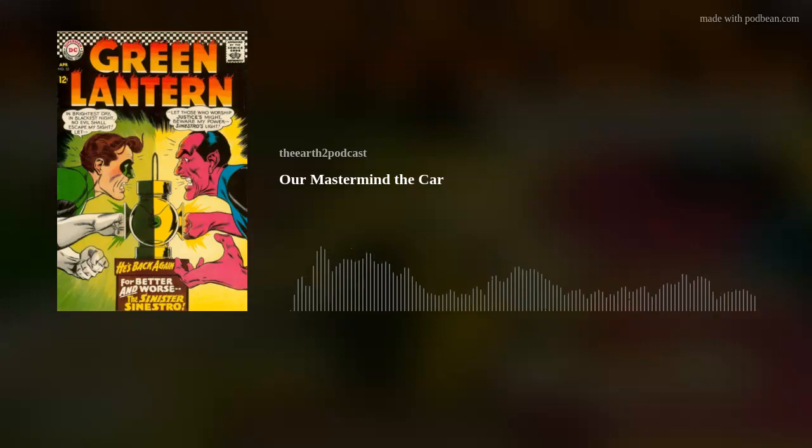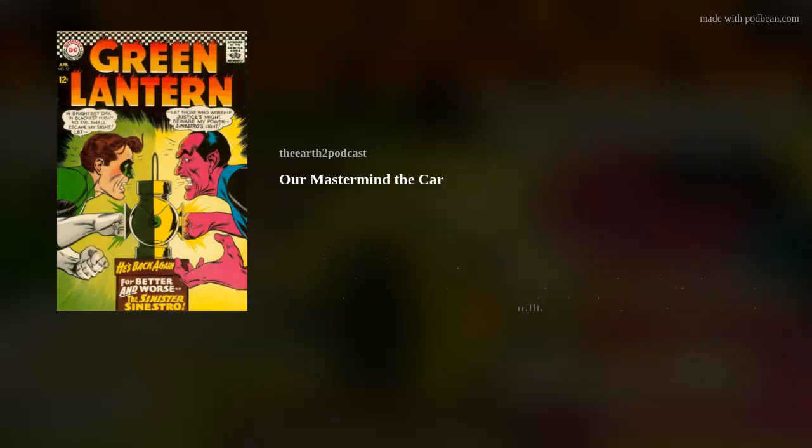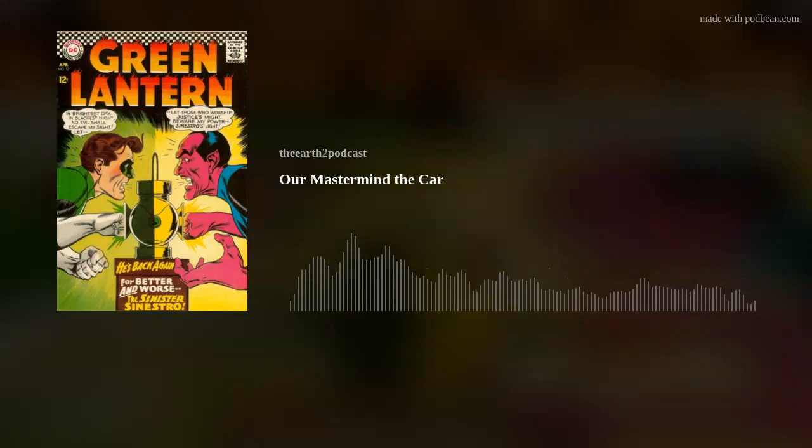Excellent. So we have an opening splash panel which shows Green Lantern Hal Jordan, Green Lantern Alan Scott, with his cape billowing behind him, and his mate Doiby Dickles. They're beholding Doiby's taxi cab, Goitrude, which, it must be said, has a very malevolent expression going by its headlights. From one headlight there's a burst of yellow energy, and it looks like there's a burst of green energy coming out from the other one. There's a sort of suited bad guy hanging out the side of Goitrude. As it rumbles towards them, Green Lantern Hal Jordan says,